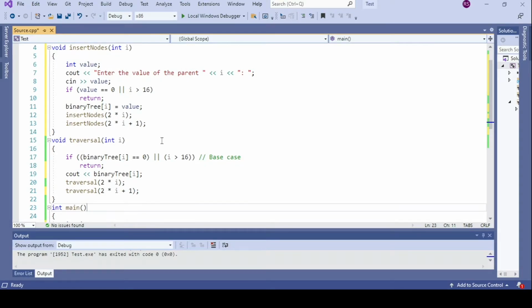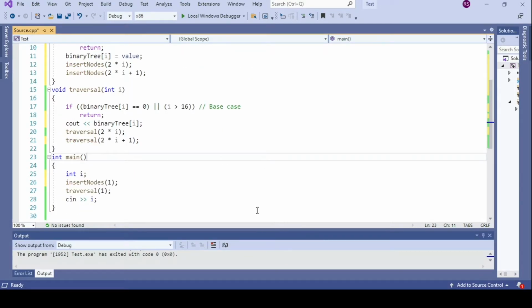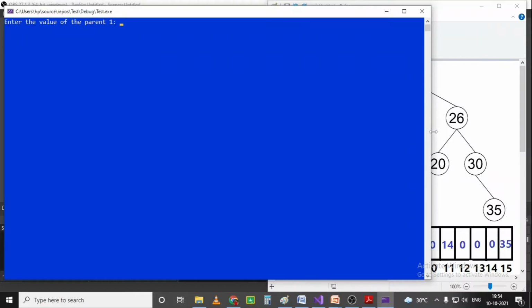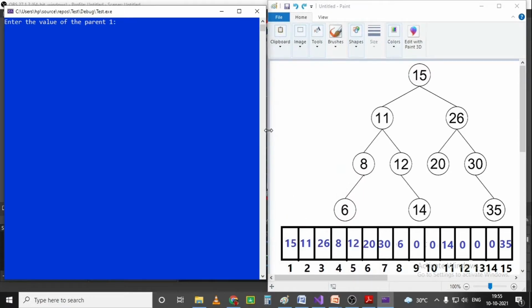Let me also show you the screen of the output. You can see the output screen right now. It is asking for the node values, and this is the tree for which I am going to give the input, and I also have the array representing that particular tree.